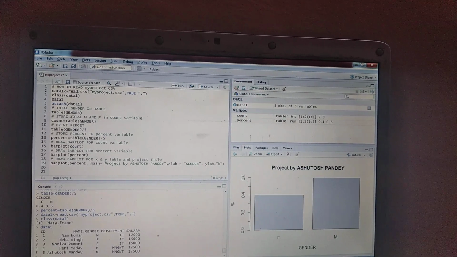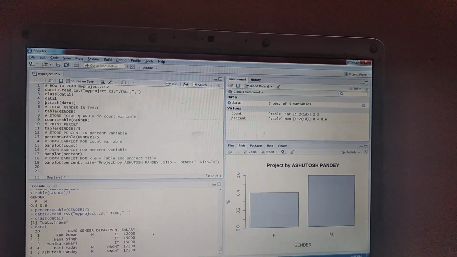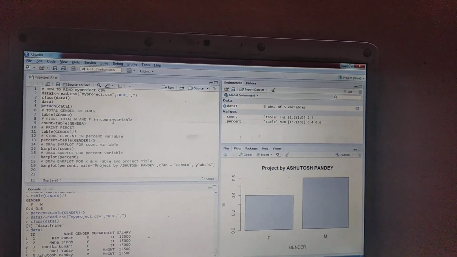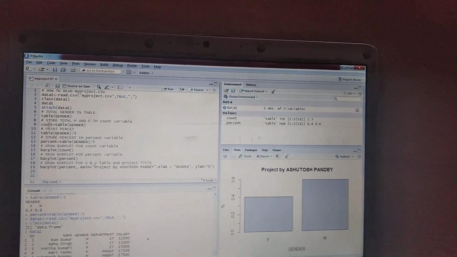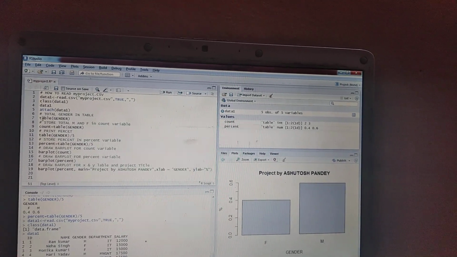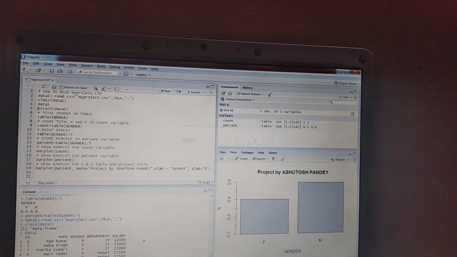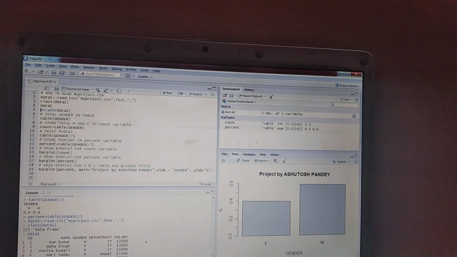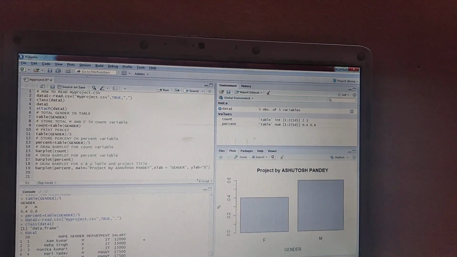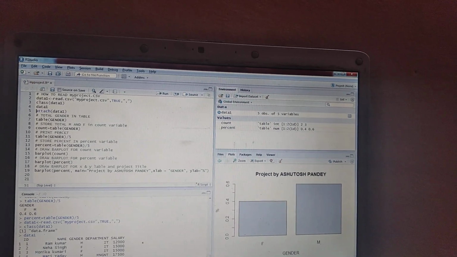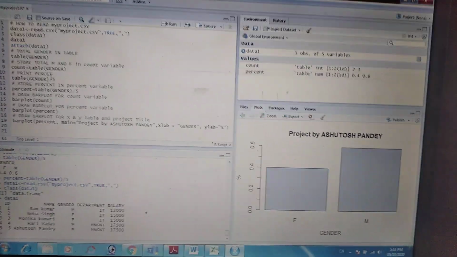Now store the total male and female in a count variable. Here we create a count variable and again type the table function and the parameter should be gender. This is a field name. Then we print. Now here we try to calculate the percentage of male or female.